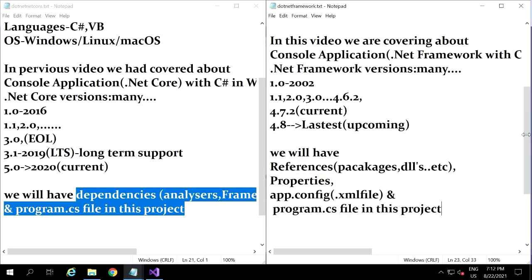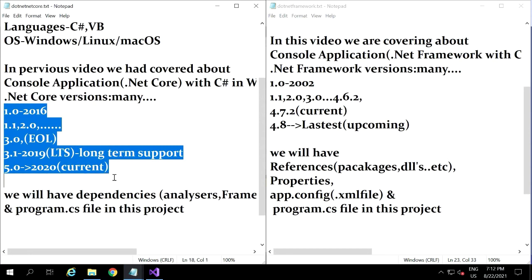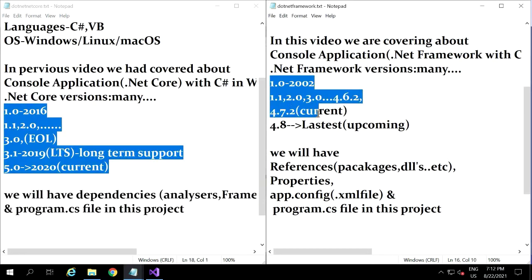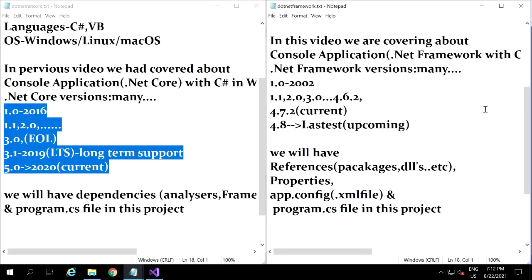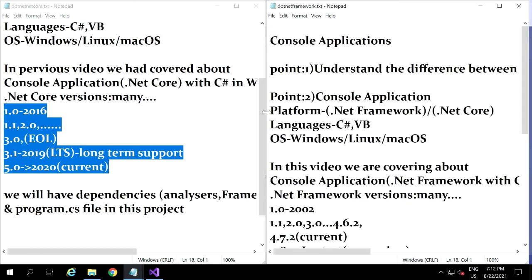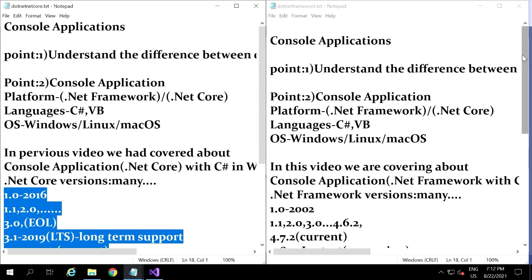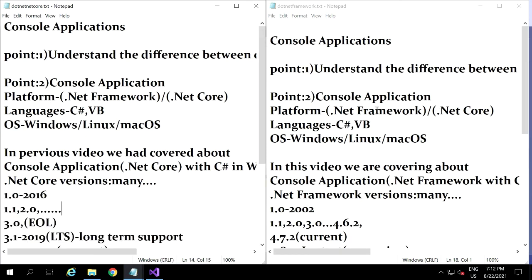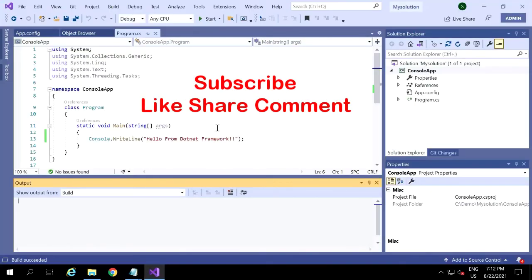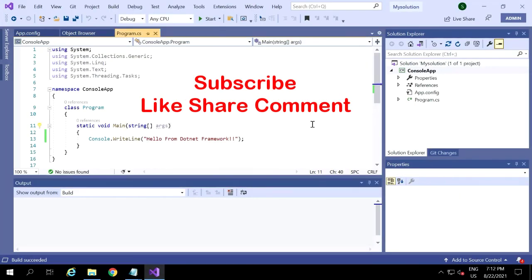Here we call them dependencies, there we call them references. The same thing, both can be included here and there. And the versions we have seen, what the versions are in .NET Core and what the versions are in .NET Framework. We have understood the different types of console applications based upon platform, languages and OS, how they are classified and what things we can create by using this.